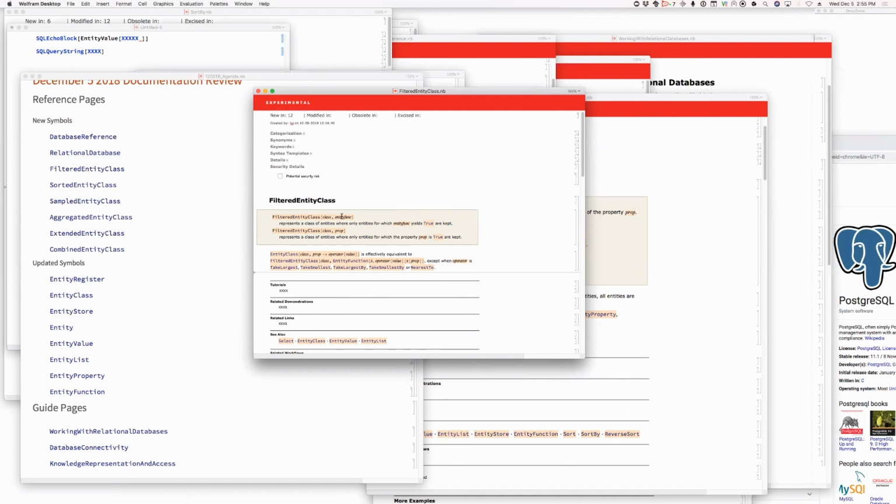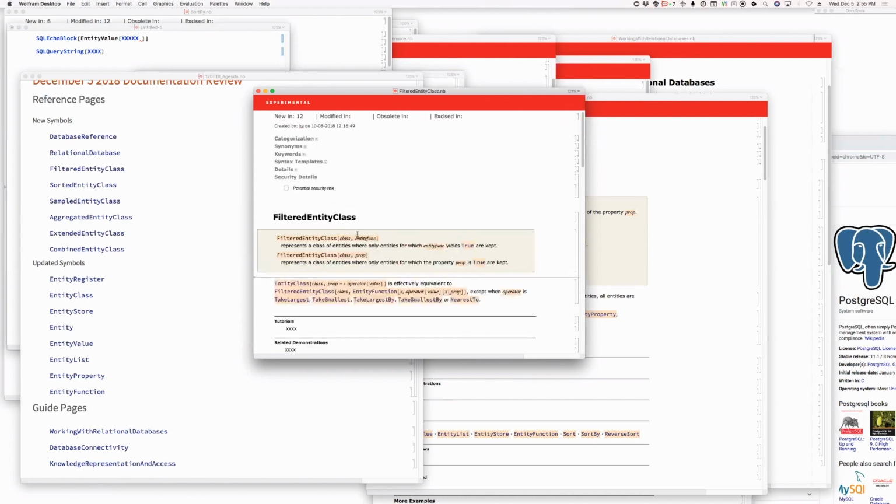I think this one is the only one that you had already looked at, because we changed. Oh, no. This is not the one we looked at. It was the entity class that we looked at, not filtered. Okay, but this, I think, should just say, I mean, this has to be,